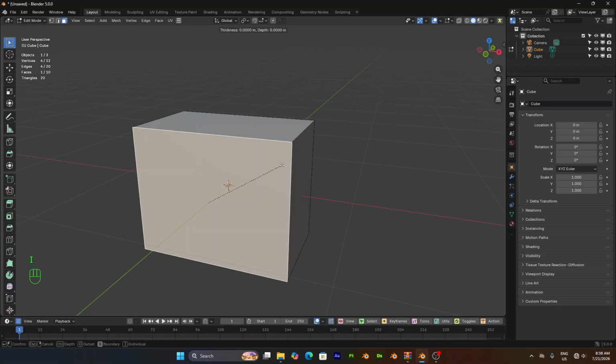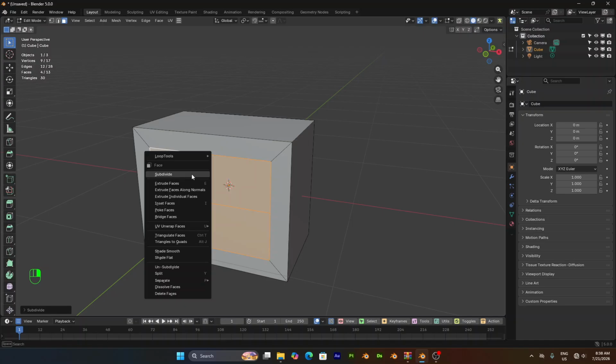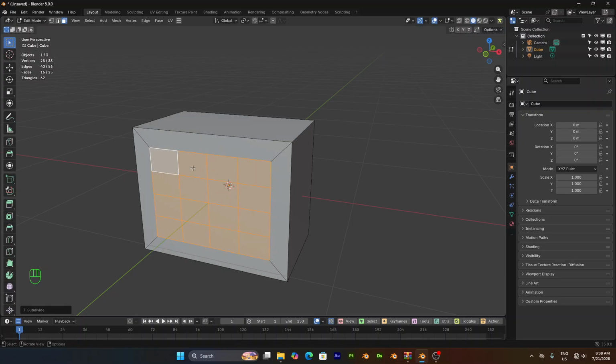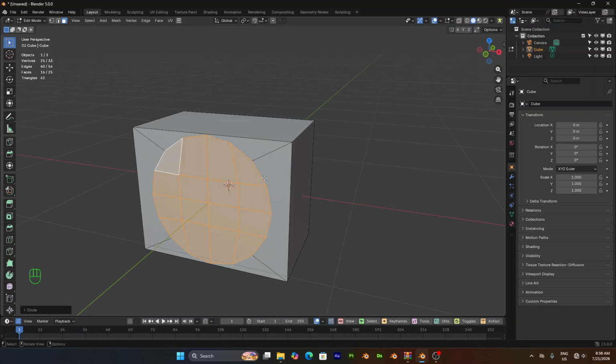then we click I to make an inset, like so, and then we subdivide. Right click and subdivide once more, then right click. You need to make sure you have the LoopTools add-on installed, and then we select circle, then S to scale it down,